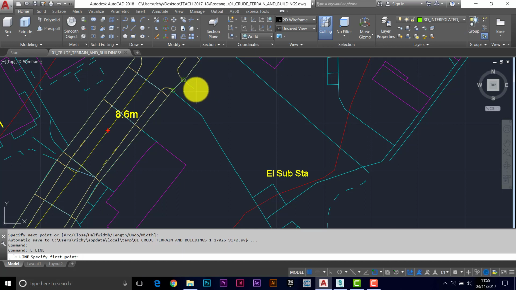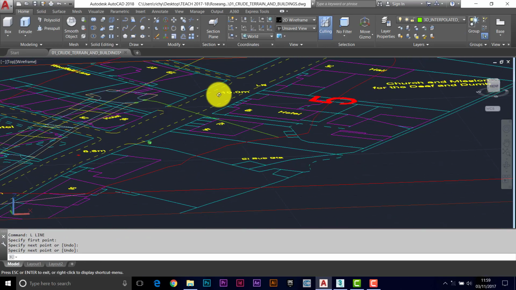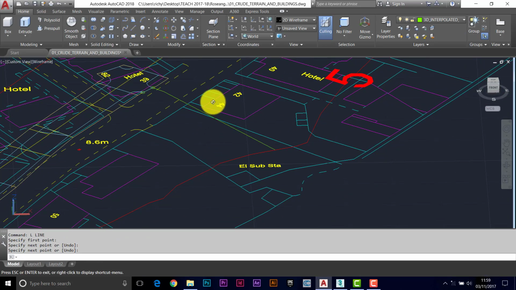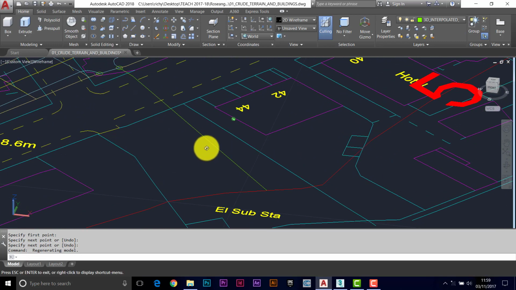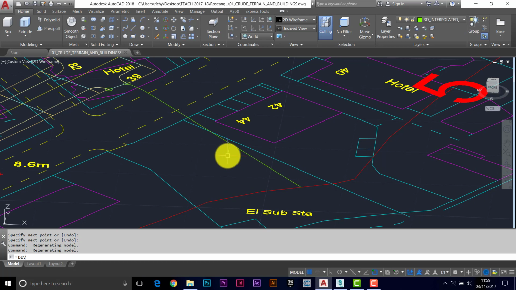Then we need a line down to the known level at the bottom here. If I look at that in 3D, you can see there's my slope line. Say I wanted to create contours at meter intervals. If I just divided that line, the contours are going to be slightly different at each position. I'll demonstrate that: if I divide that line by 4, because we're roughly 9 meters here, 5 here,